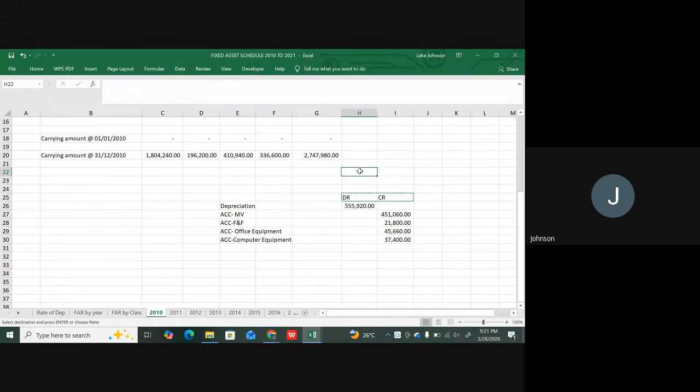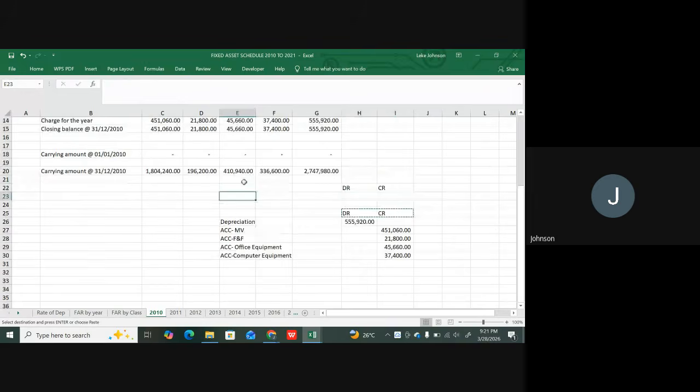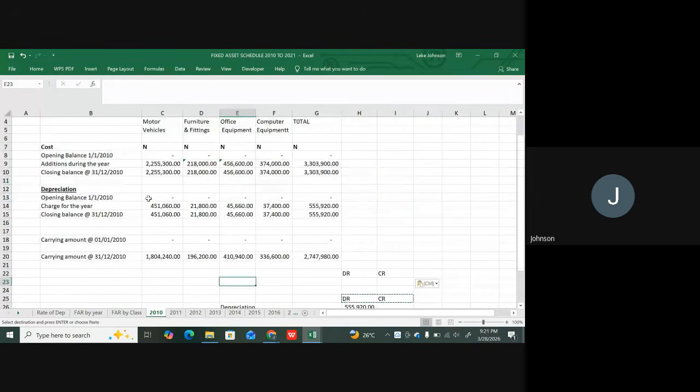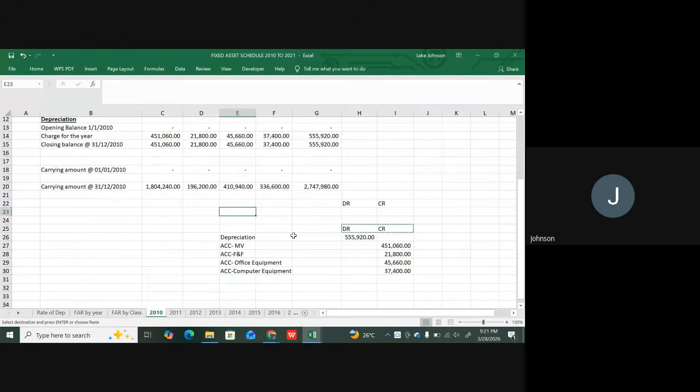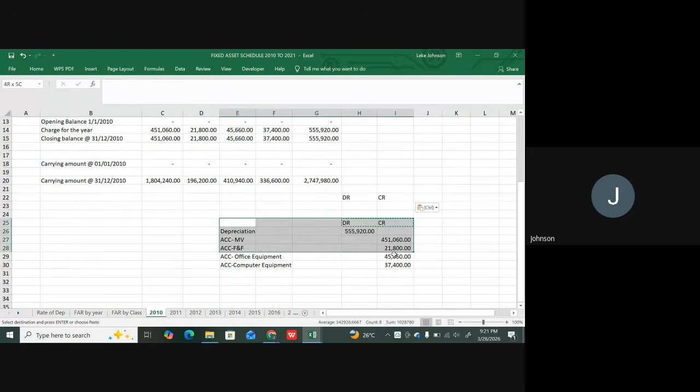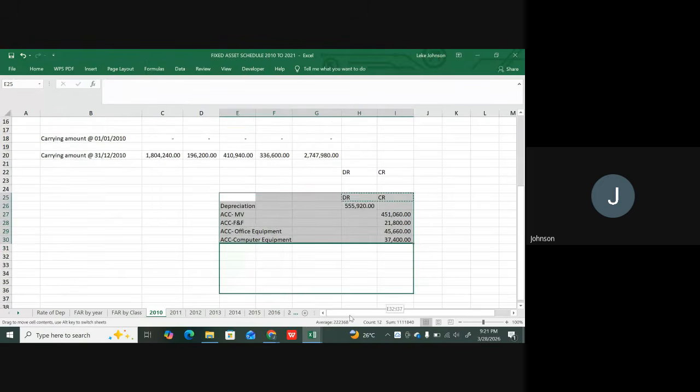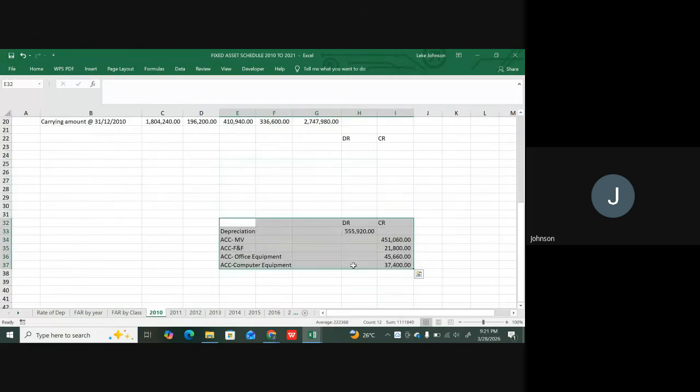I'll put it here. The first thing you ought to have done is that you ought to have said, okay, how many assets are you going to have? That is 4 assets, right? Let me add more, or let me just move this one downwards. Okay, I'll just move it downward like this. Yeah, fine. So what you're going to do is you say, okay, the first asset that we have is actually